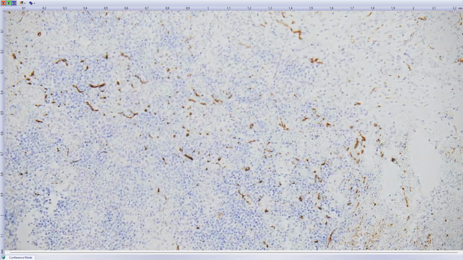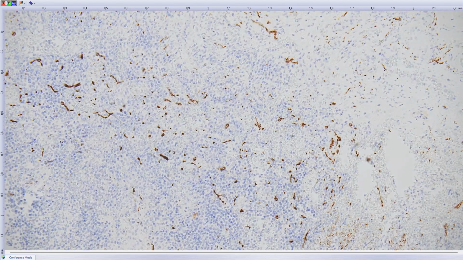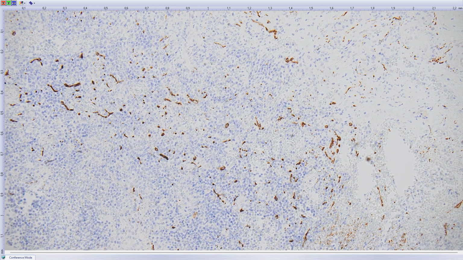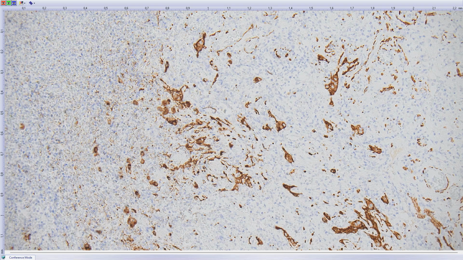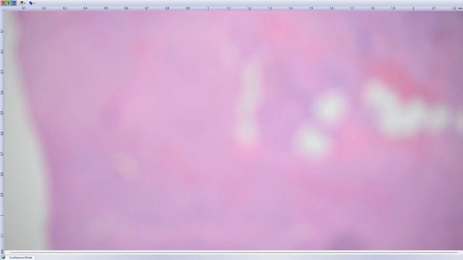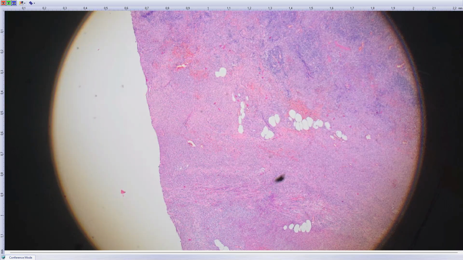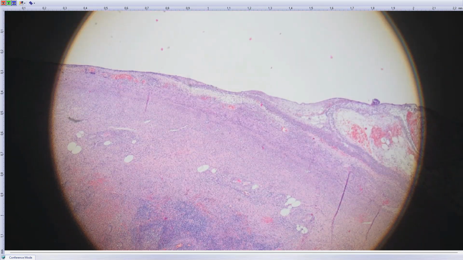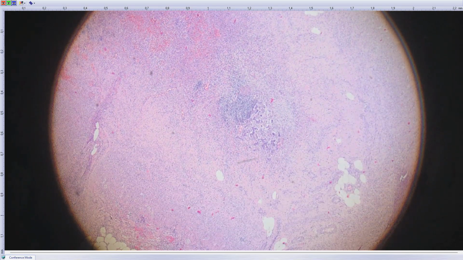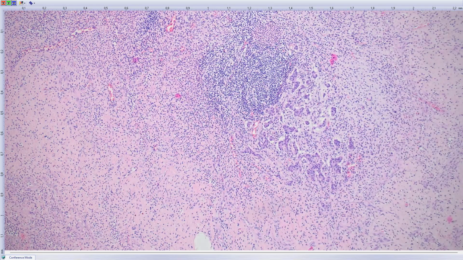With synaptophysin, you see this. Many of these cells are synaptophysin positive. And what was amazing, it was in just the original slide, but I'm not sure I have it here. I hope so. There was incipient small carcinoid arising in the tip. No, I don't have it here. Yeah, here. Look, very incipient carcinoid